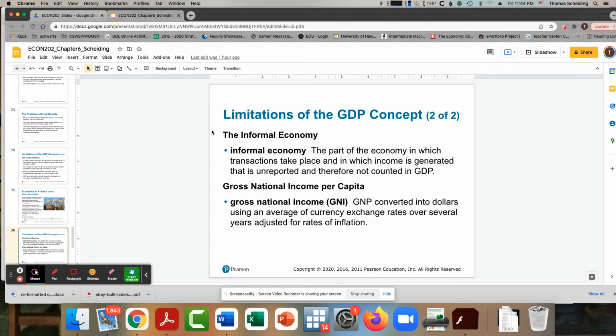But GDP is something that economists do keep very close track of. So understanding it is going to be important for understanding the general performance of the economy, and as we'll see in later chapters, whether we need to use some form of fiscal or monetary policy to fix the economy.